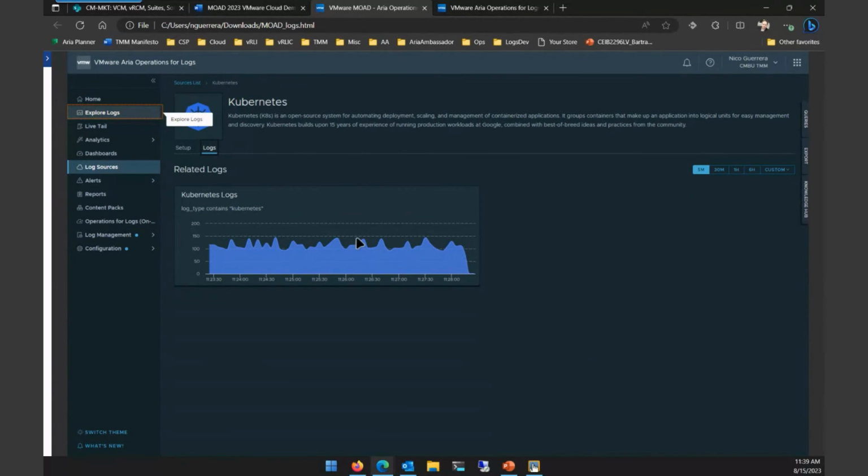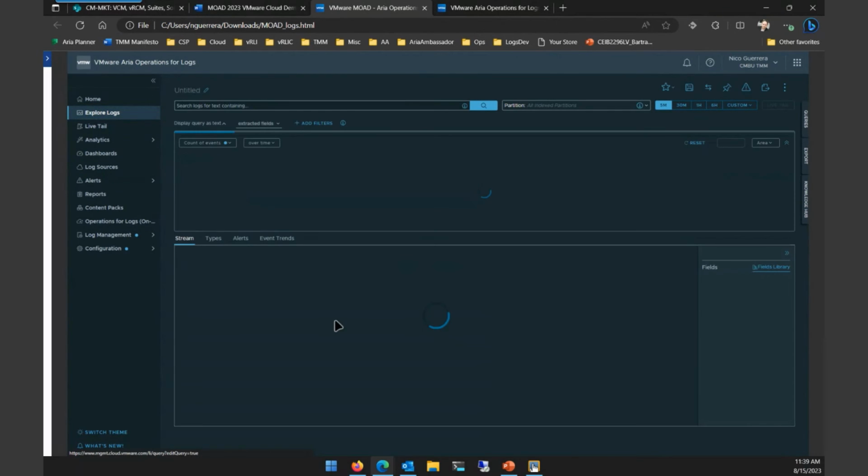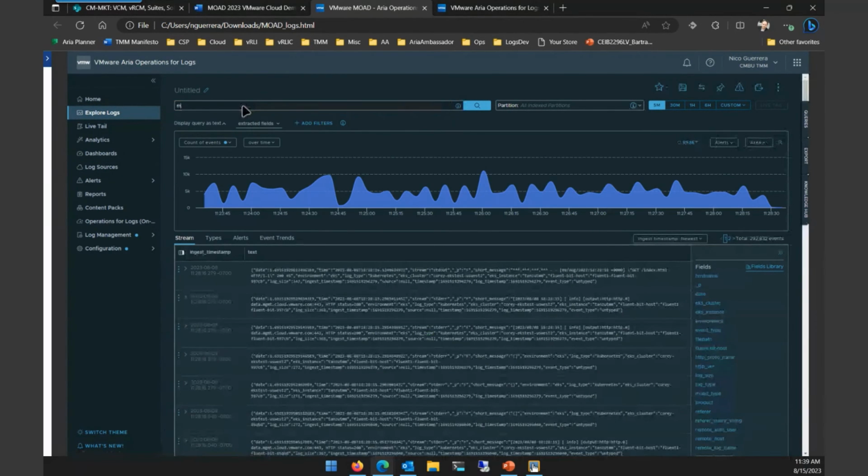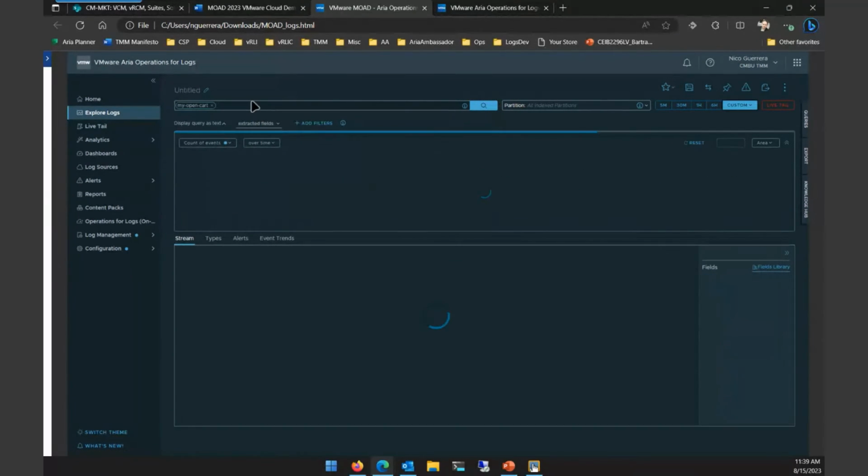Once we have those logs, we can explore them. So we go to our log explorer. We have a demo app that runs OpenCart, an online shopping application. We're pulling the logs from that online shopping application from the different Kubernetes containers, whether that's Apache, the HTML, the middleware, or the database. We even do the database in the back end. So if we search for my OpenCart,